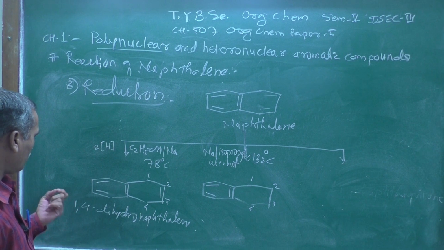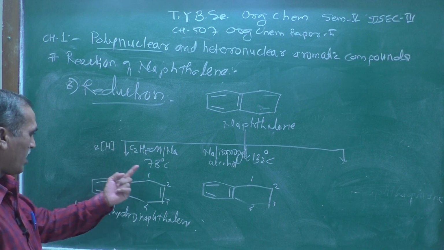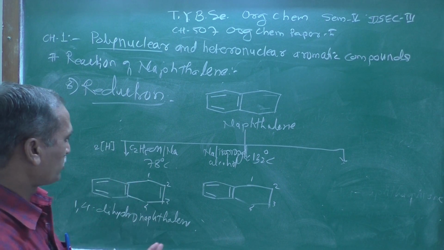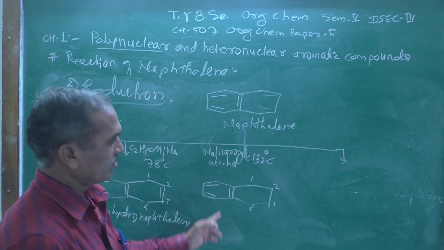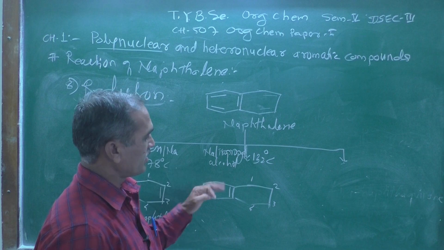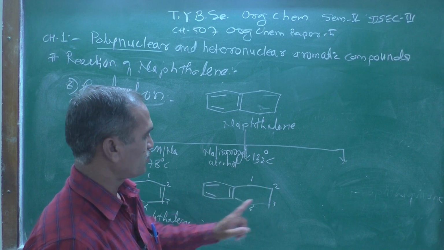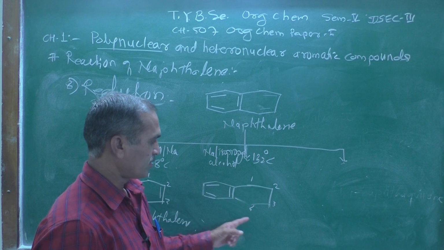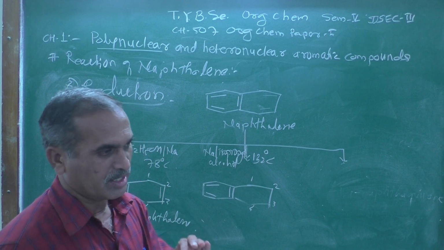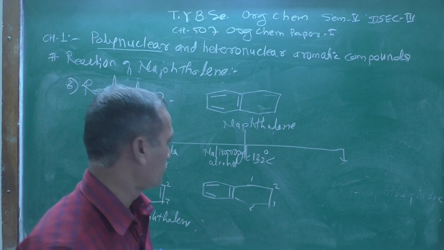You will find 1,4-dihydronaphthalene, means at 1 and 4 position there are 2 hydrogen atoms. But in the second case, one ring is completely saturated, and at positions 1, 2, 3 and 4 there are 4 CH2s,